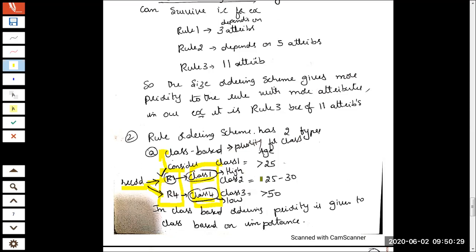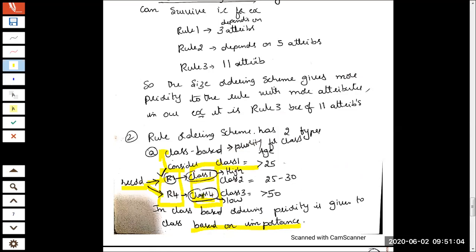Try to give your own examples. It is not like you should use the same example. Some 3 or 4 classes are there. Among those 3 or 4 classes, I have declared class 1 as high priority. Now, once again, this decision was not made randomly. This was based on some criteria, like I have written one criteria here, based on the importance of a class. So if you feel class 1 is very important, is very significant in this application, assign it a high priority.